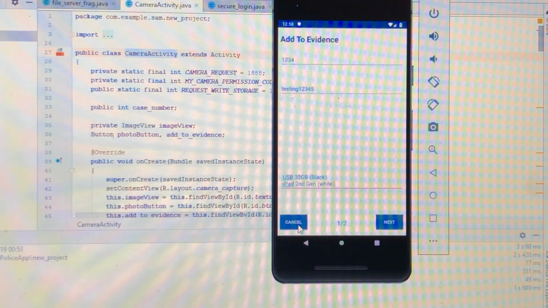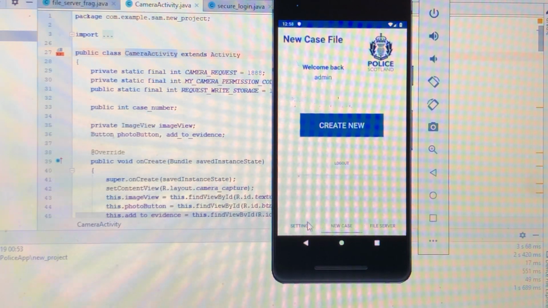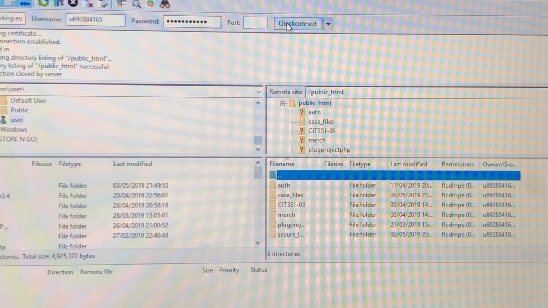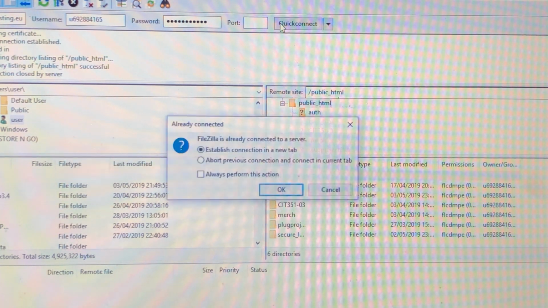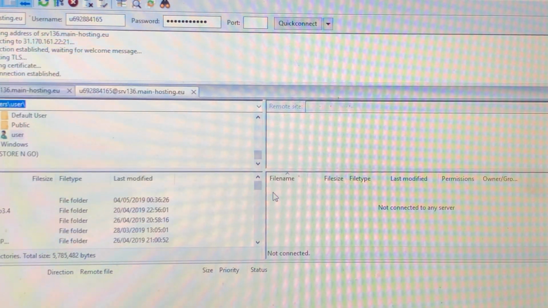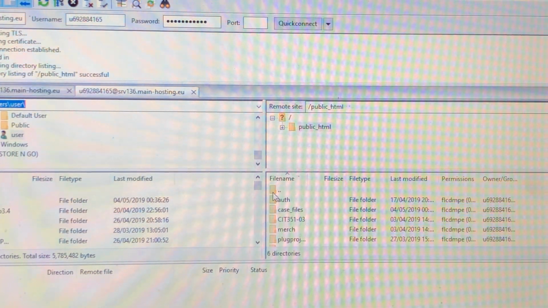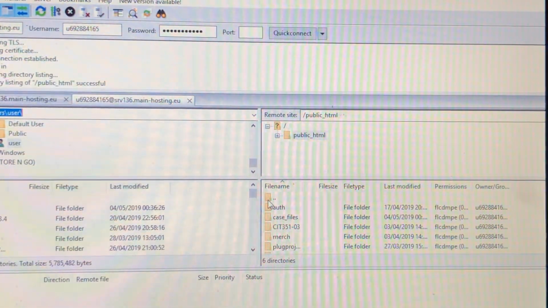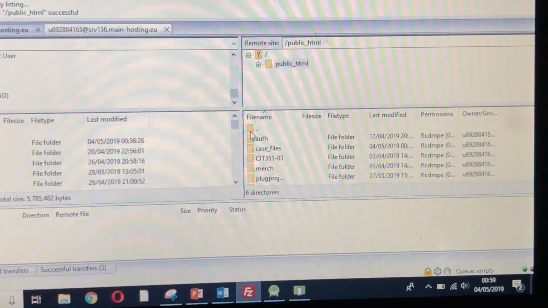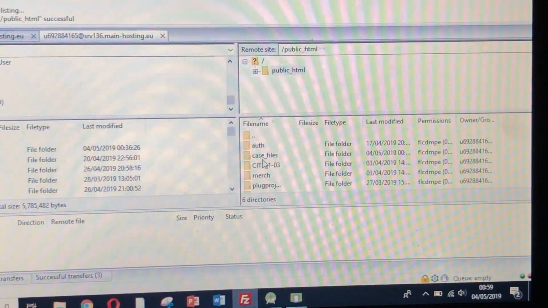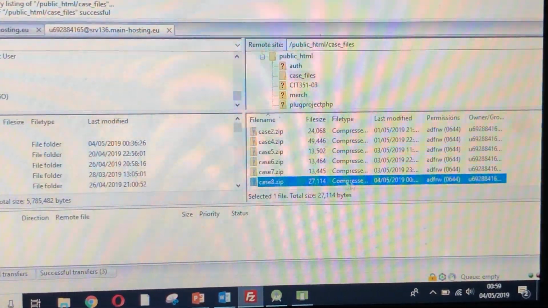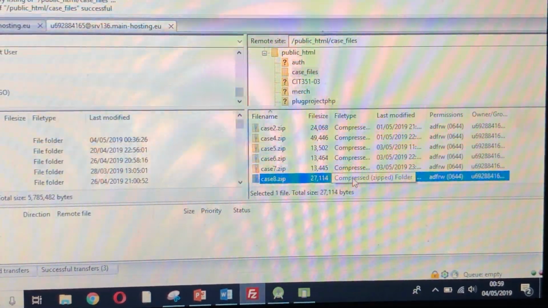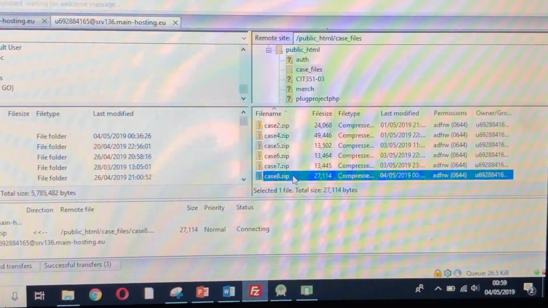You can simply cancel, go back, and navigate throughout the different settings. Now just to prove it, this is FileZilla, and I simply connect here. As you can see, my case files, and that was case file 8, has successfully been uploaded to FileZilla. Now, if I was to download this,